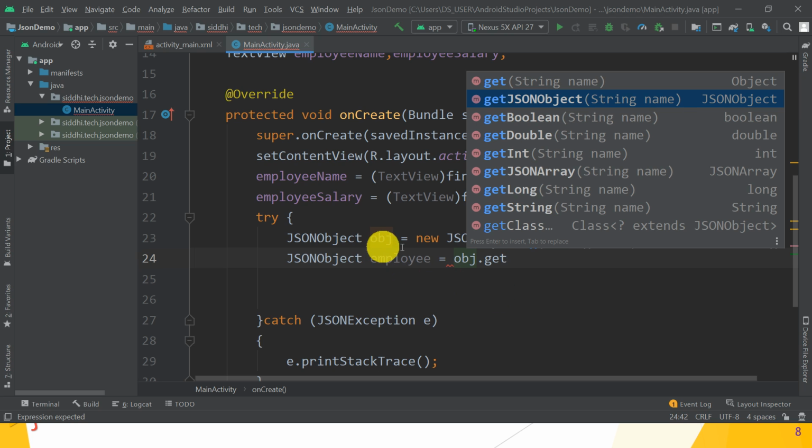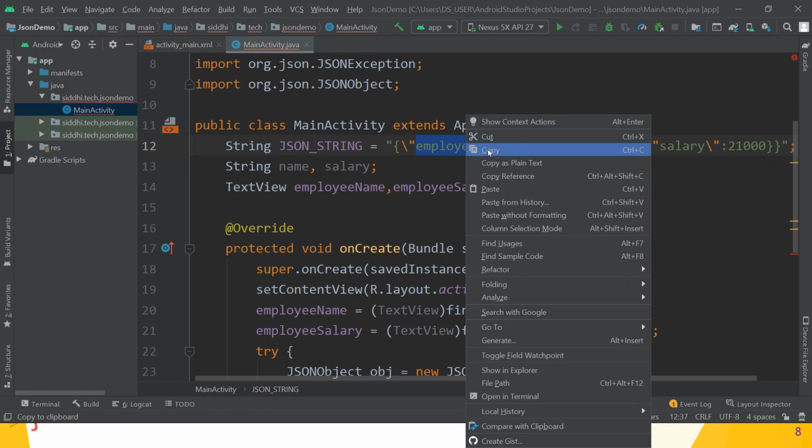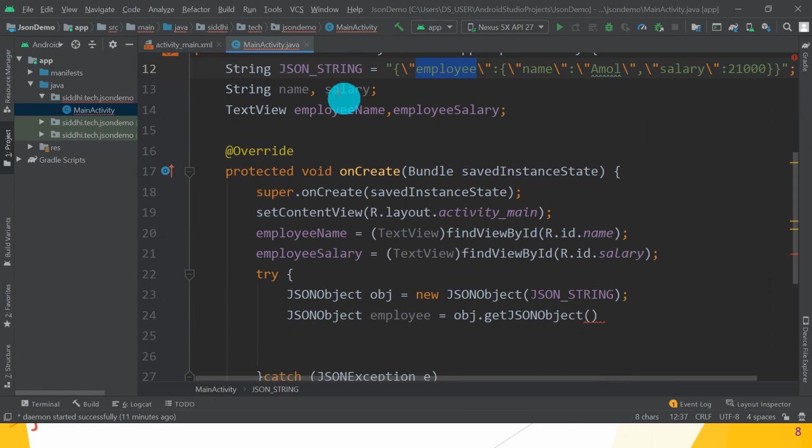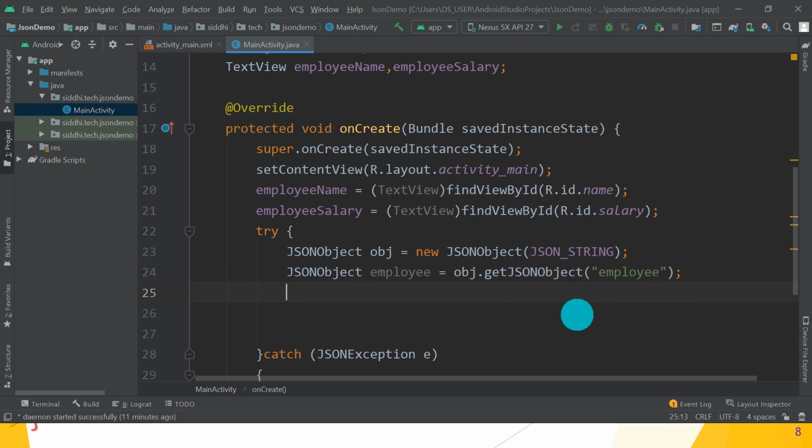Object dot getJSONObject, pass what? The name of the employee. This is the name of the JSON object. So pass it. Great. But it is a string, so pass it in double quotes. Guys, hope you understand. So first thing is get the JSON object from the JSON string, then fetch the JSON object